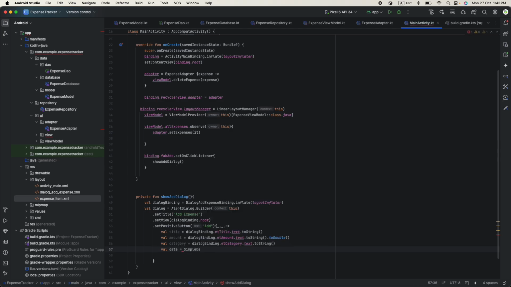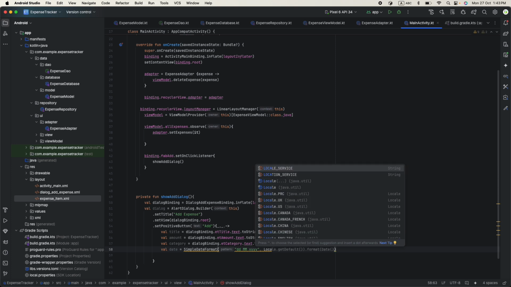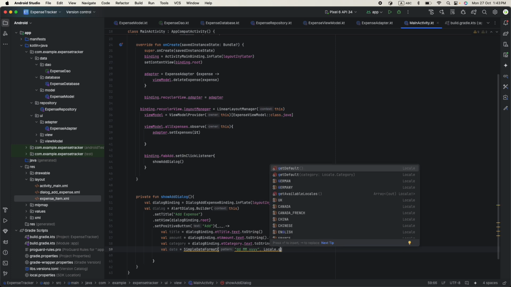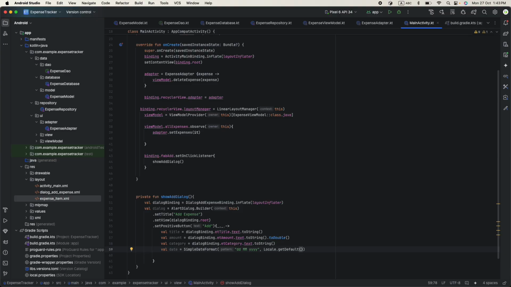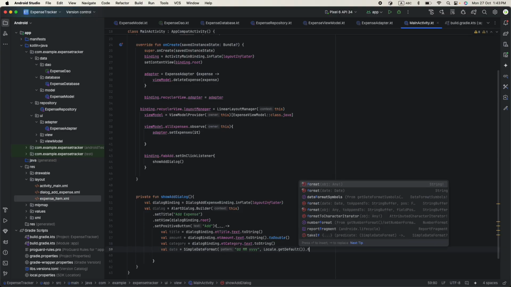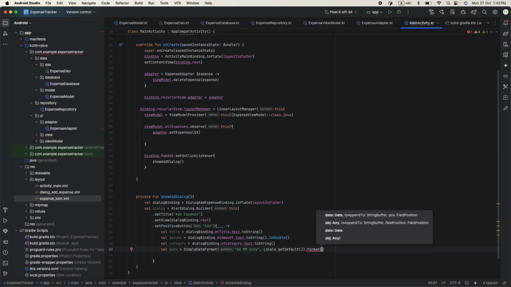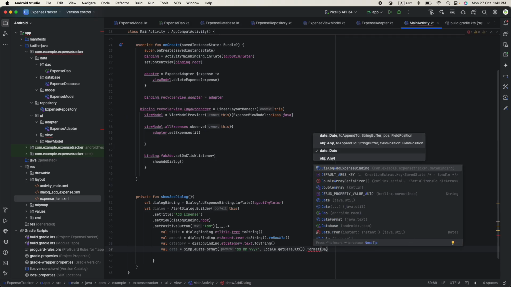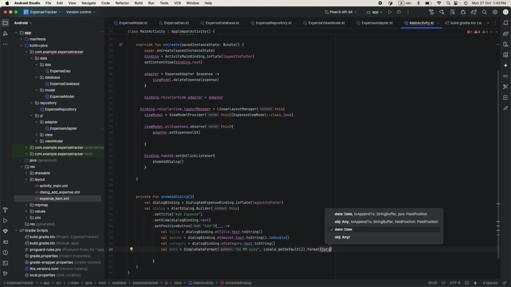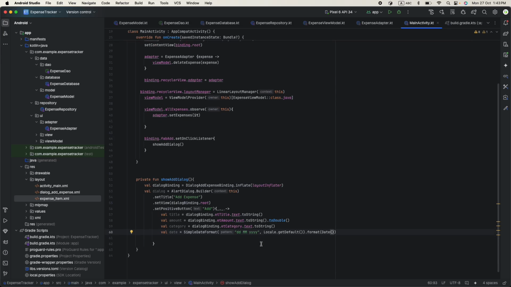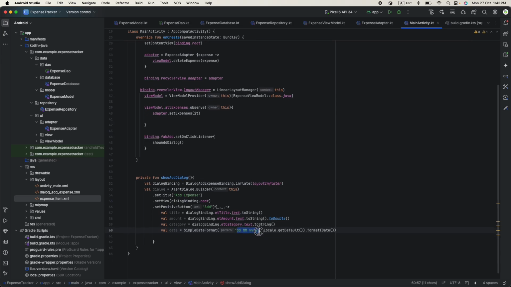SimpleDateFormat, and we just say dd-MM-yyyy, Locale.getDefault().format(Date). So it will take today's date, current date, and just format to this date format,